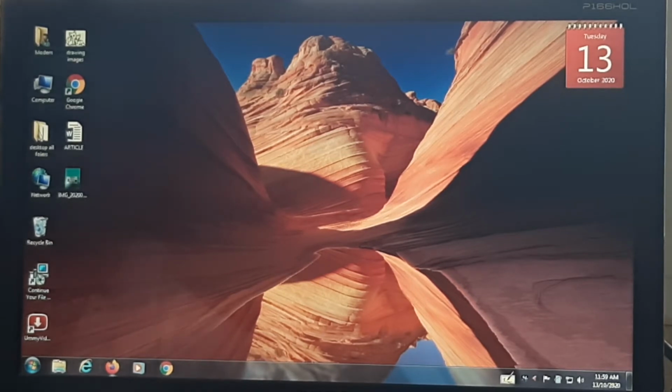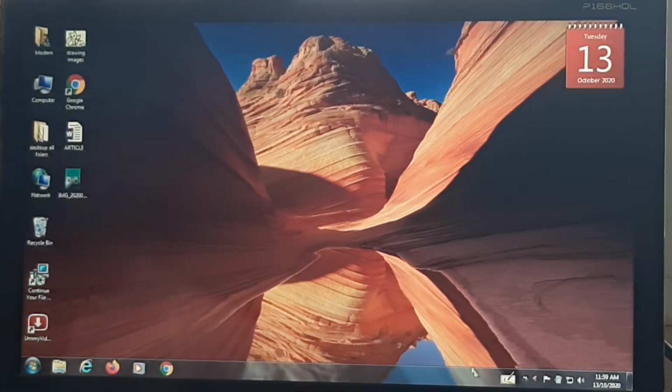Then you see here the taskbar. In this taskbar you see the start button. This is the start button, and this is the quick launch bar. If you see the bottom of the window, you see the taskbar, and in the taskbar you see here the quick launch bar. In this quick launch bar, you open the respective application quickly by clicking the icons. When you click these icons, with a single click, that time this program will open. So we can perform quick actions using this quick launch bar.